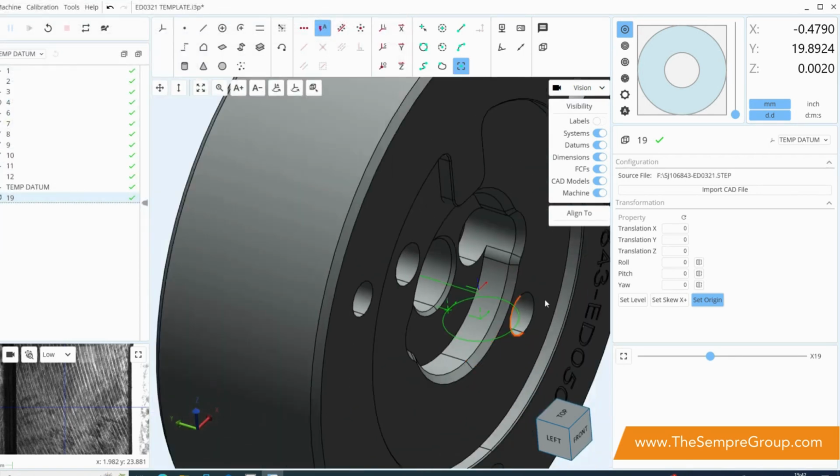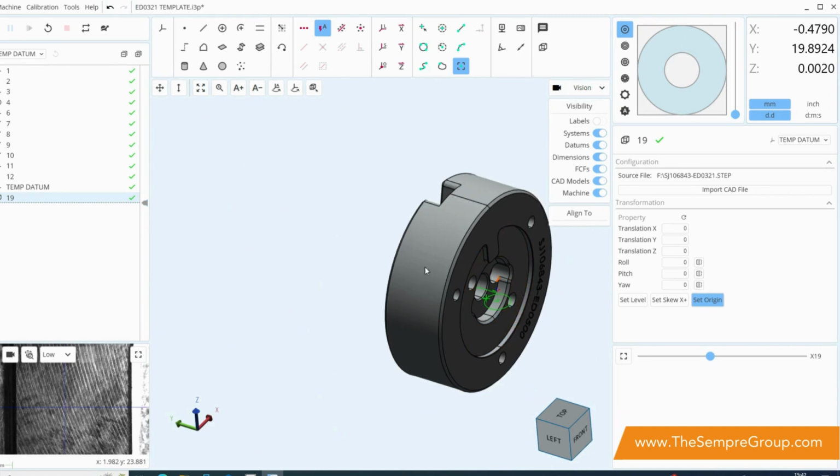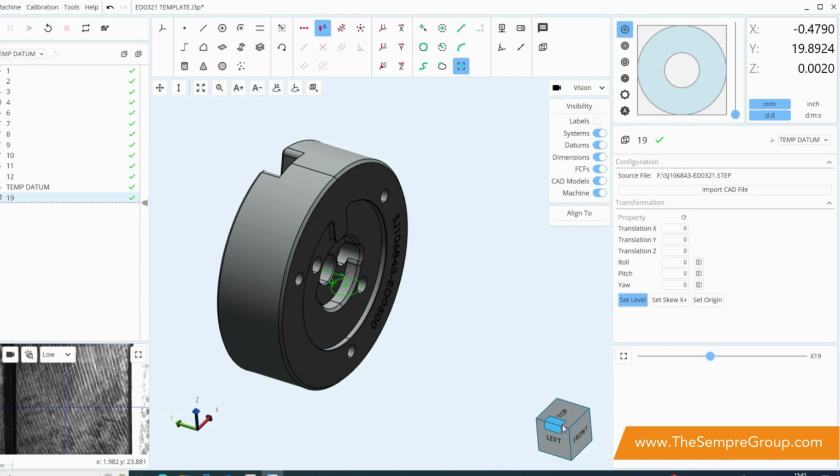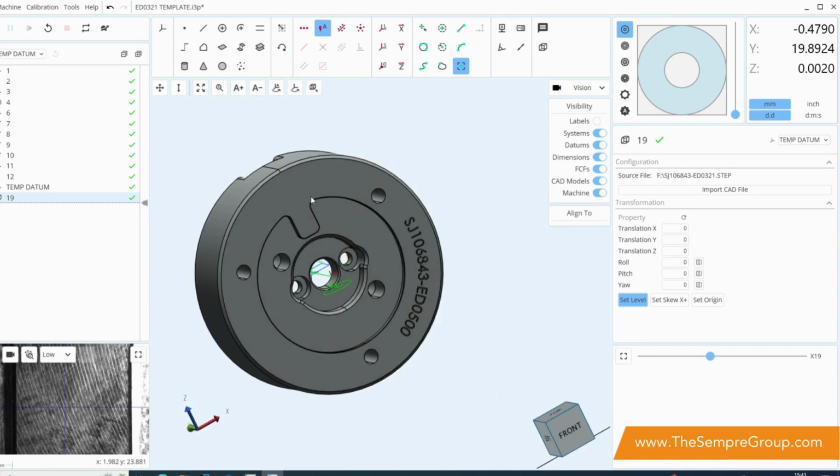So you can see immediately that I've brought the CAD file for this component into the work area. Now it's not aligned correctly, so we've got some tools on the right hand side to allow us to set the orientation of this component. So the first thing we're going to do is set the level, and I know based on what you can see on the machine itself, this is the surface here that we're going to use. So we can orient it around using the